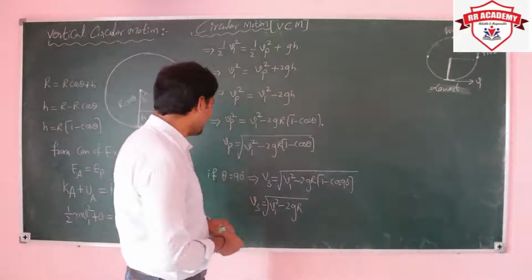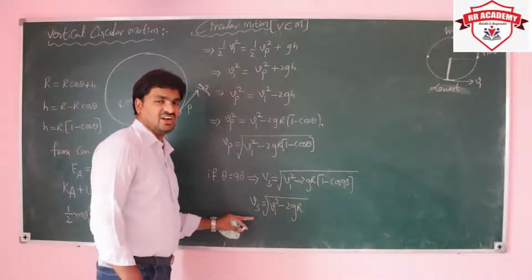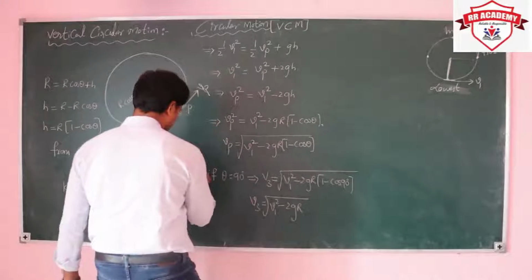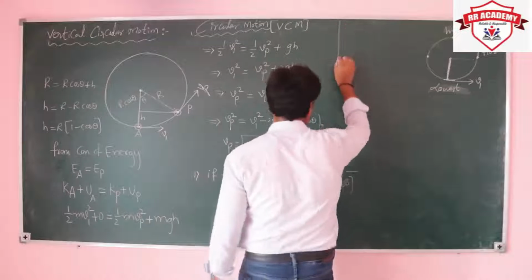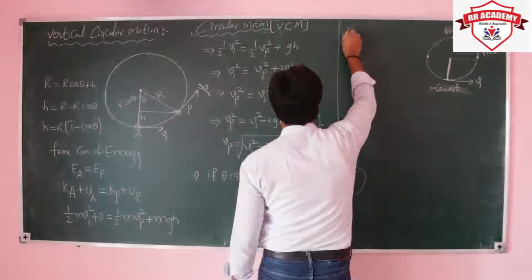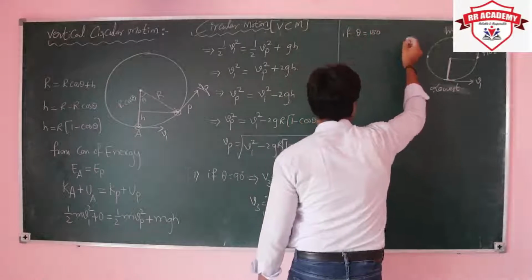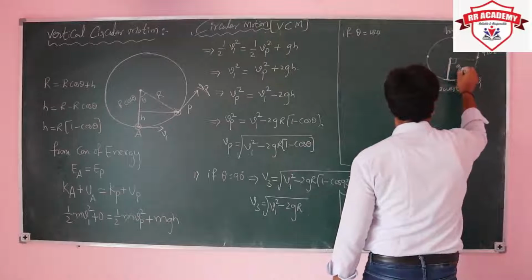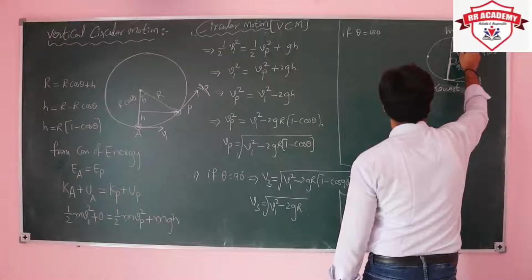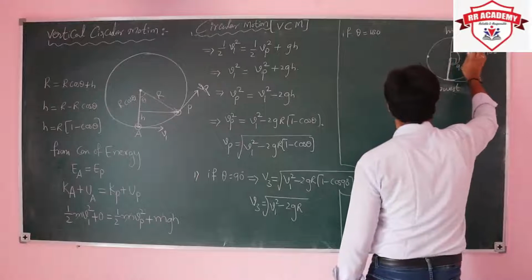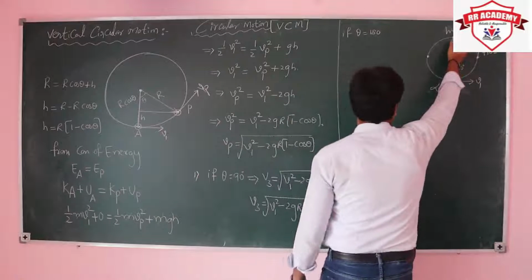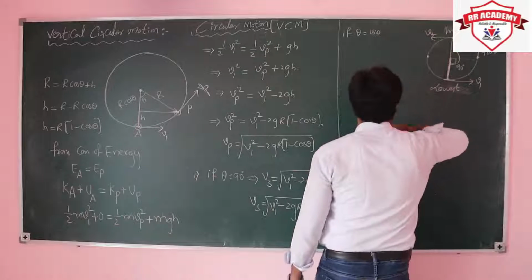Now what is the velocity at the highest point? This is the horizontal position here. Now take the highest position. At the highest position, what is the value of theta? Theta is equal to 180, meaning this value is 90, and next we take this value here. How much angle is it making? This value is 90, 90 plus 90 total 180. If theta is equal to 180, then what is the velocity? That velocity I am considering as v2.